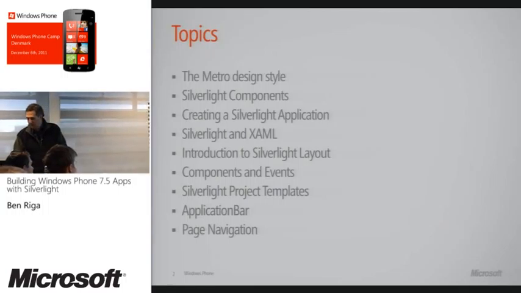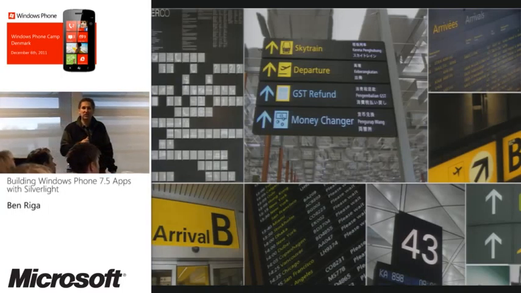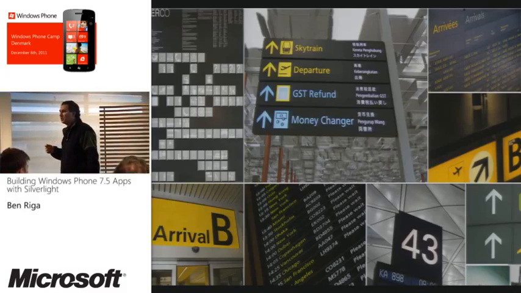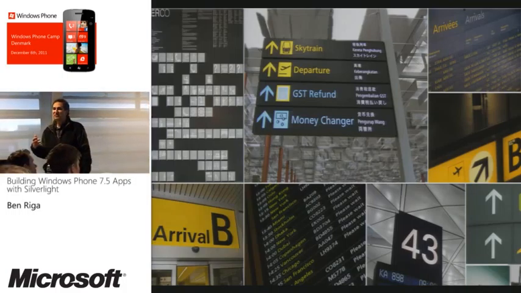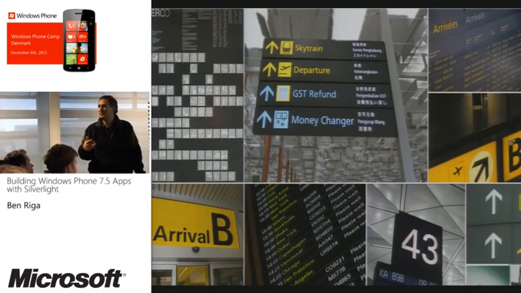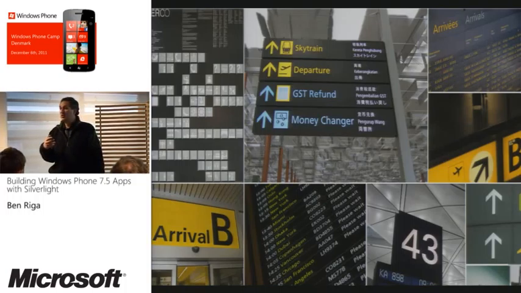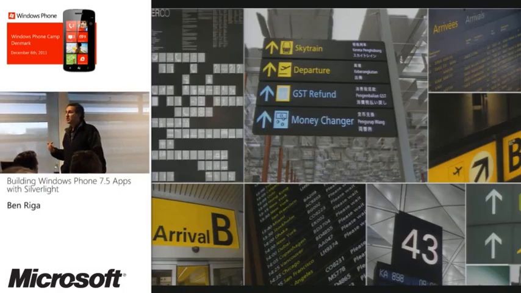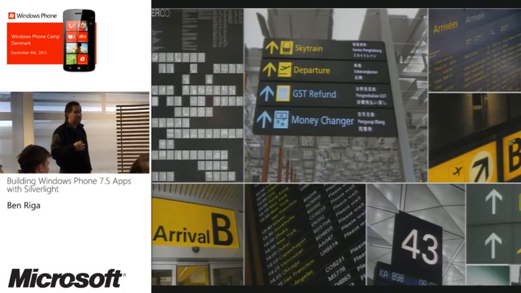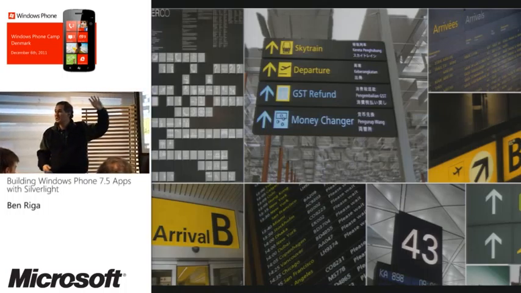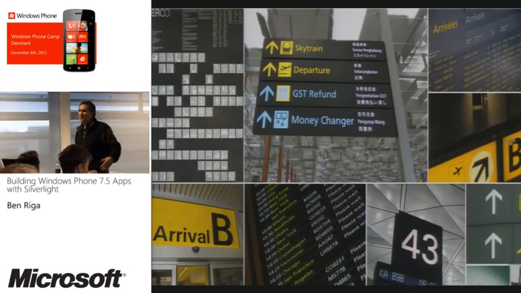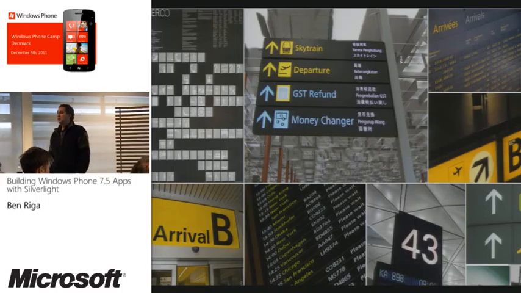Let's just jump right into it and talk first about not Silverlight, but the design behind the phone. One of the things that you saw earlier today is that the design of Windows Phone is not like anything you've probably ever seen before. It's certainly not something you can compare to our competitors. We basically wiped the whiteboard clean and started from scratch. And one of the inspirations for the design of the phone is what you see on the screen here, signs around the world. As you walk around a train station, at the street, airport, when you're driving your car,